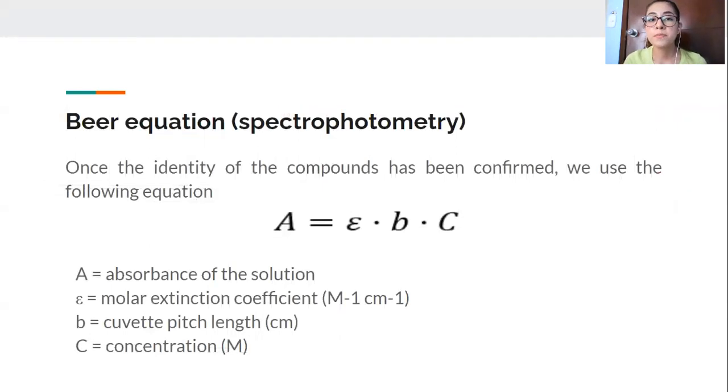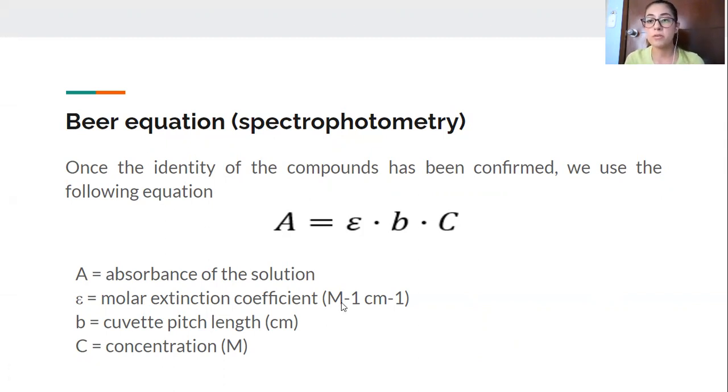The Beer equation. The Beer equation is very common and very important in spectrophotometry, and this is because it relates the absorbance of a solution with the molar extinction coefficient, the cuvette path length, and the concentration. And you can observe the units of each variable. Once the identity of the compounds has been confirmed, we use that equation. It is very important to previously know the identity of each compound because every substance in general will have a